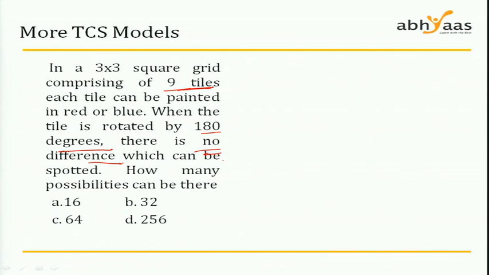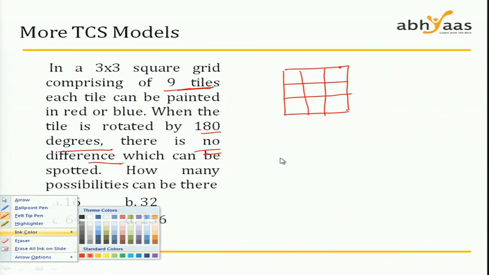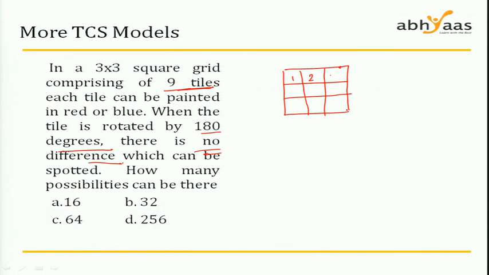Right. The first thing I'll do is draw a 3x3 grid. So let me draw a 3x3 grid here. Right. So what is happening here? Let me name the numbers. I have 1, 2, 3, 4, 5 and 6, 7, 8 and 9. Now what are you doing? Each one of them you can paint either red or blue. But this is painted in such a way that after rotating by 180 degrees, there is no difference that